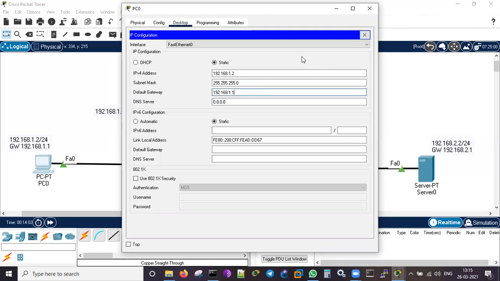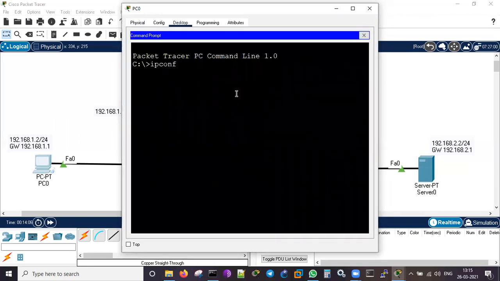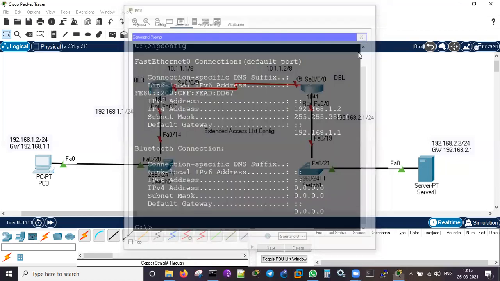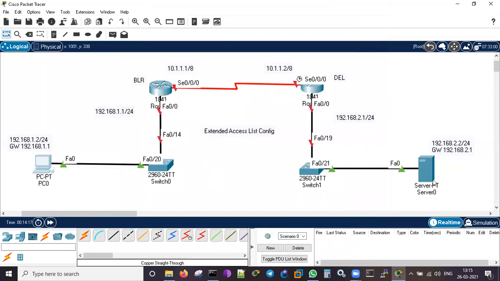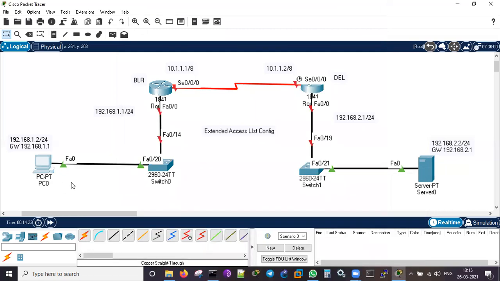Let me check with ipconfig: 192.168.1.2 is the IP and 1.1 is the gateway. If you hover the mouse, you can see the IP given for each device. So the server and the client setup has been done.